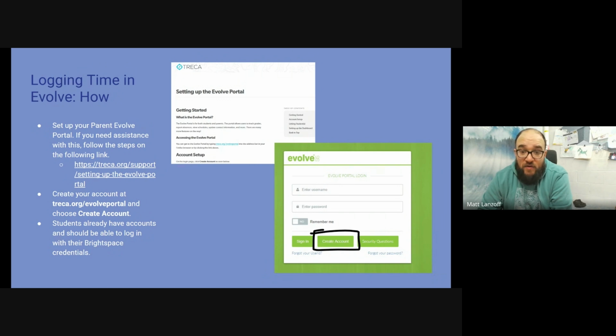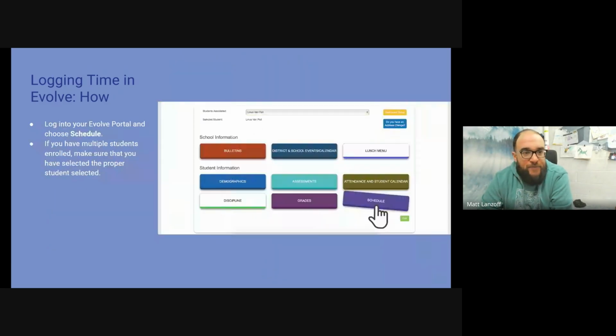They have all similar access to what a parent account would have. The advantage of having a parent account is that if you have multiple students with us, you only have to have one account that you log into to view each student's information. So once you set up your account, it's going to look something like this. You see at the top here, you have your students. You're going to choose a student,